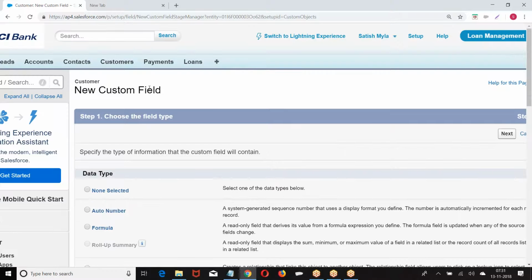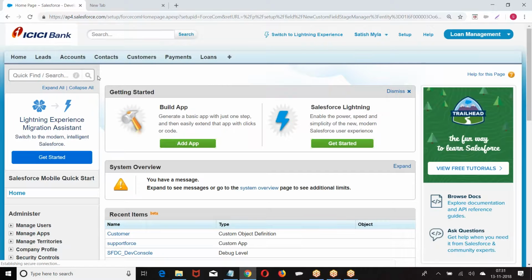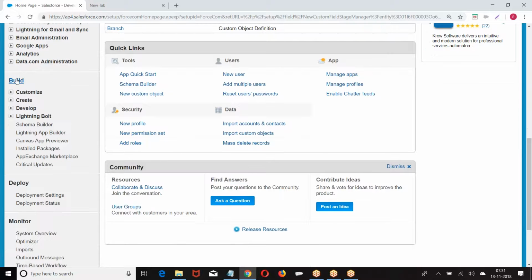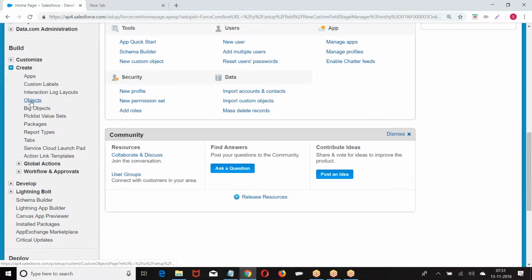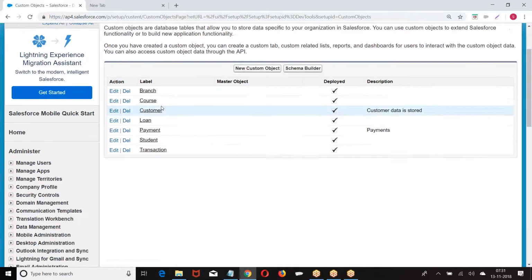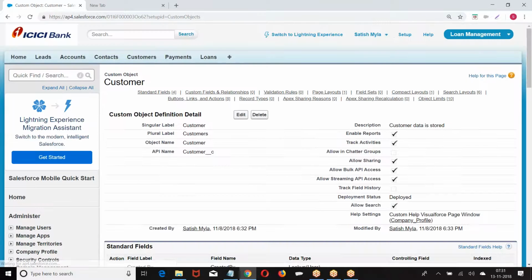Now let us see how to create the fields. Setup, build, create, objects, go to the object.